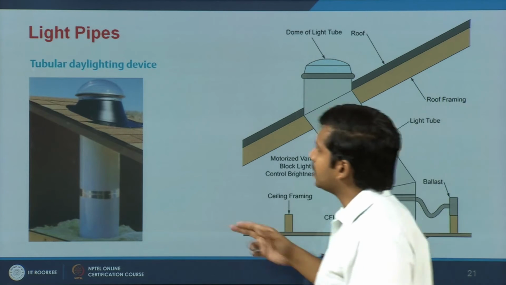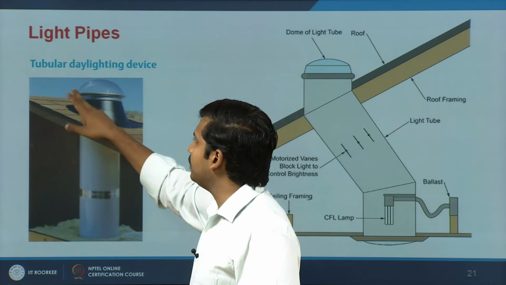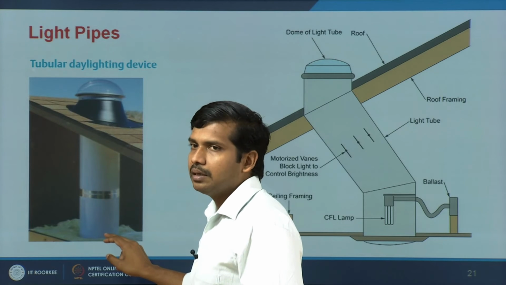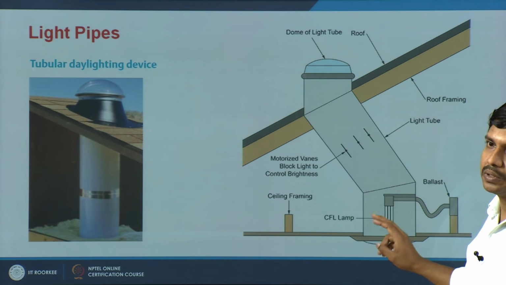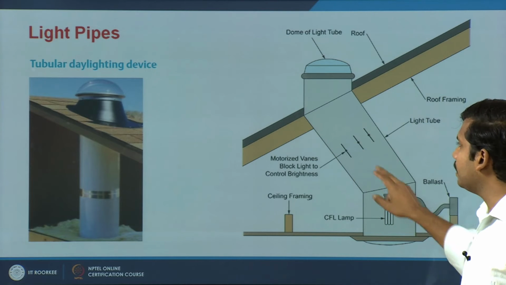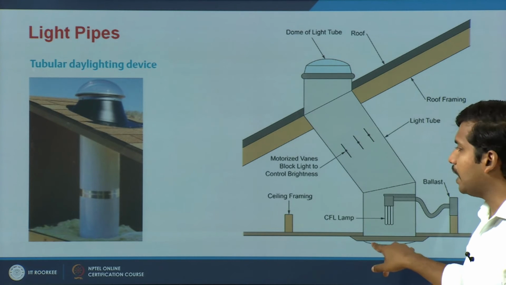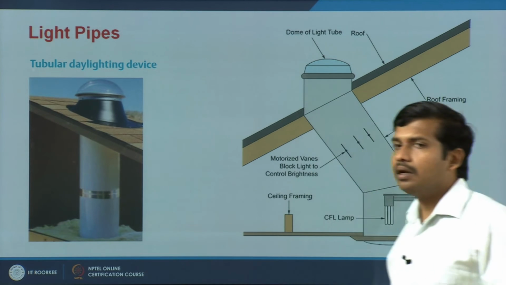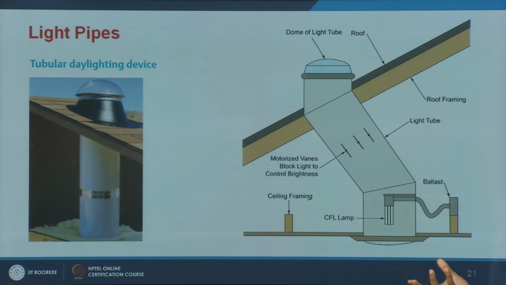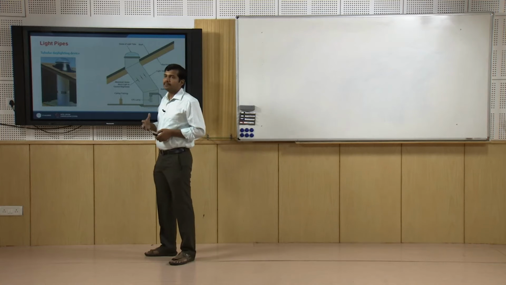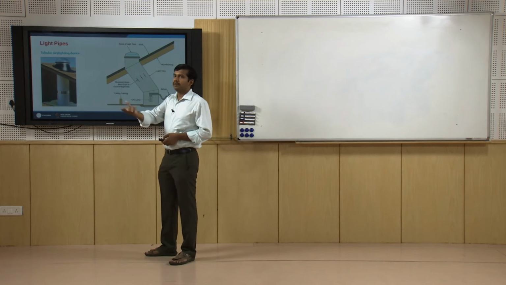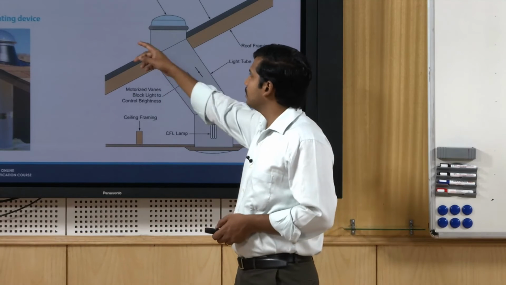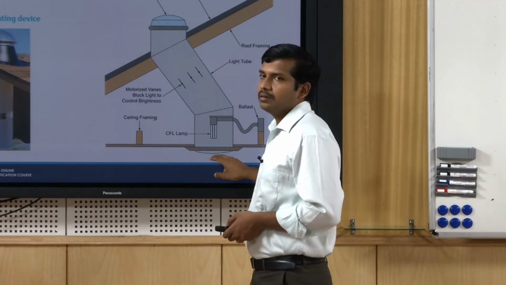Three components are there. First there is a receiving element, then there is a transitional portion which will have to have good reflecting surfaces so that the light is simply reflected and the losses are less. Then you will have a final internal component which acts as your light source. Lot of buildings have tried using this for dark basement areas, where instead of artificial lighting you can have it in your gardens, from which the light is harvested and put into your